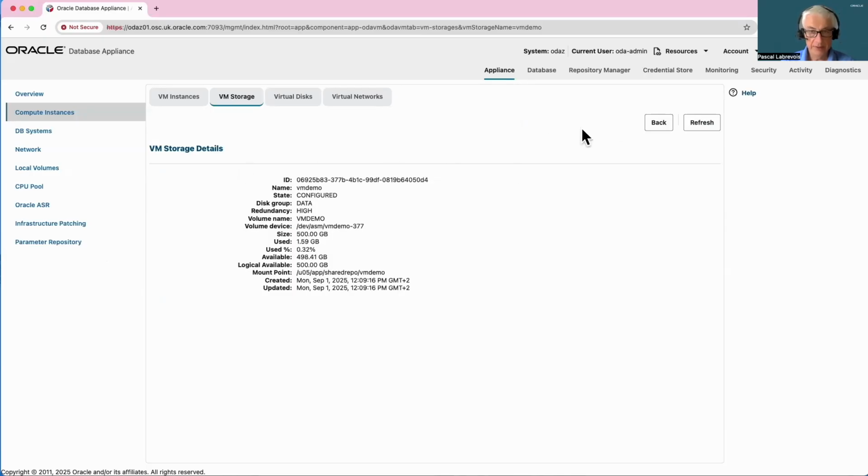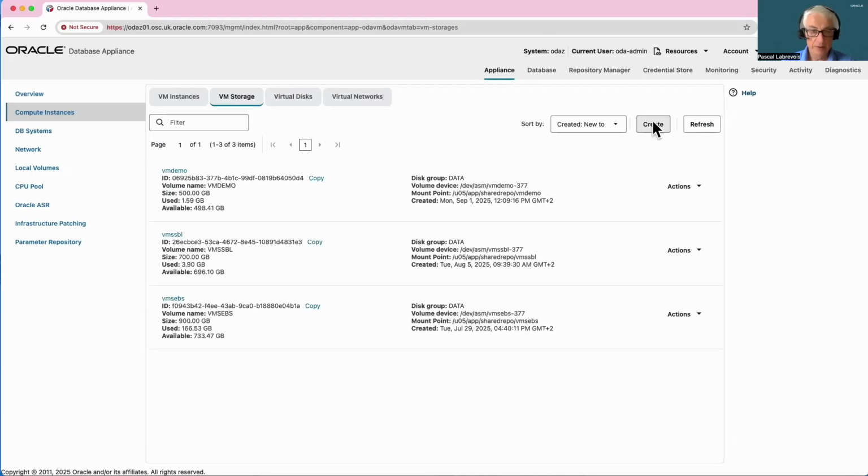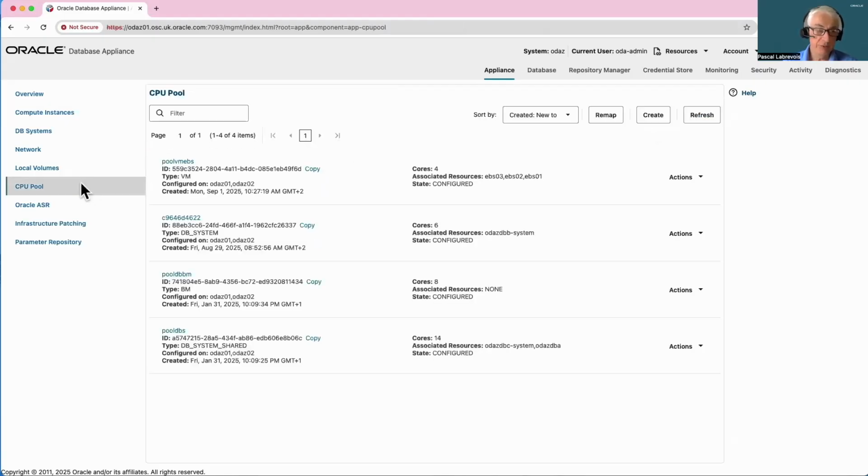Now, before we can create a VM, it is actually mandatory from the GUI to create a CPU pool. For example, I have 4 CPU pools already set up on my ODA, and you have different types of CPU pool. I have a CPU pool for VMs, one CPU pool for DB system, another one for bare metal.